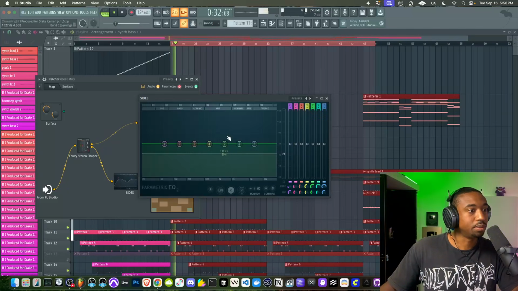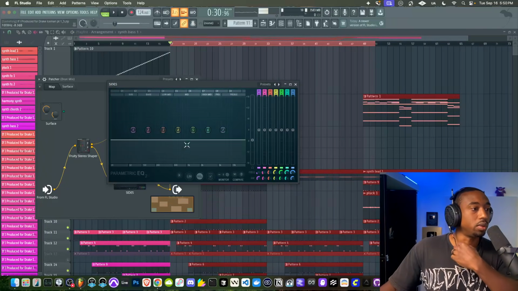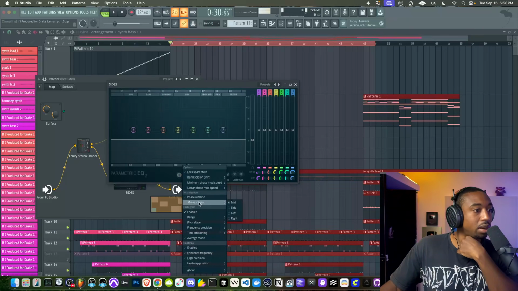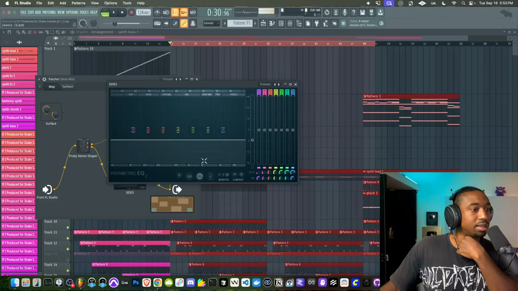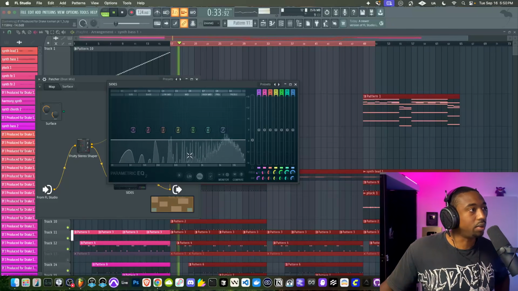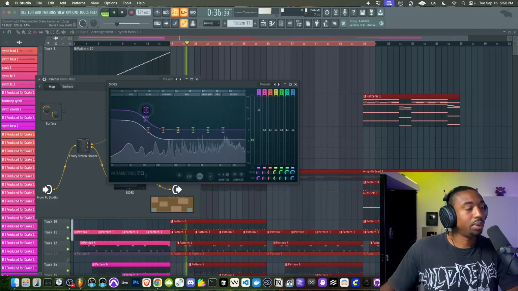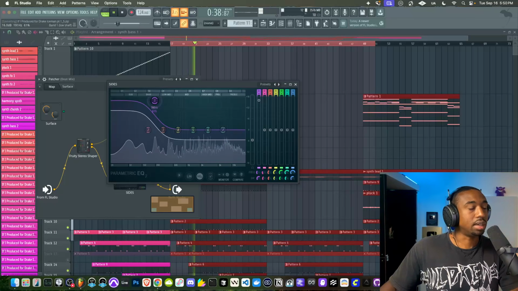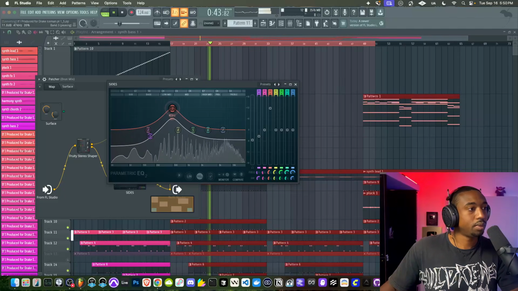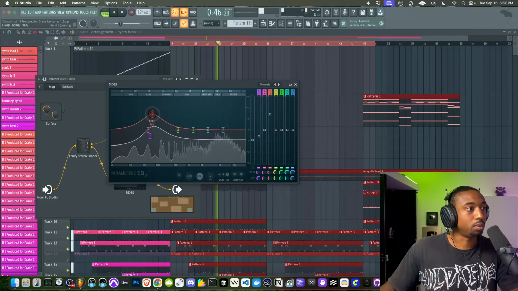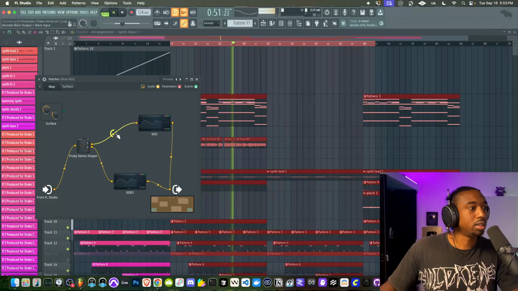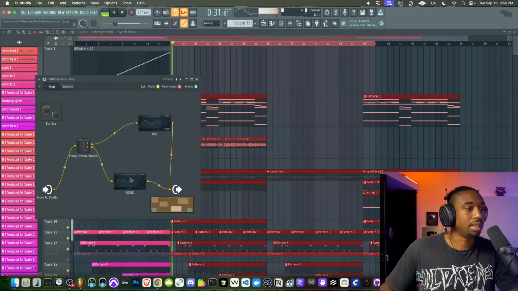So here's the side information. Now you won't be able to see it on the grid. And I always thought that you weren't able to see it, but if you click this drop down and you go to monitor input, so you can switch this to side mode, and now you will see the side information. All right, so I always thought that it would never display anything. So now we can control, there's sub bass on the side. We could pull that down for more clarity. We could even add some tone, more warmth. So now you can customize each, not that I would do it this aggressively, but